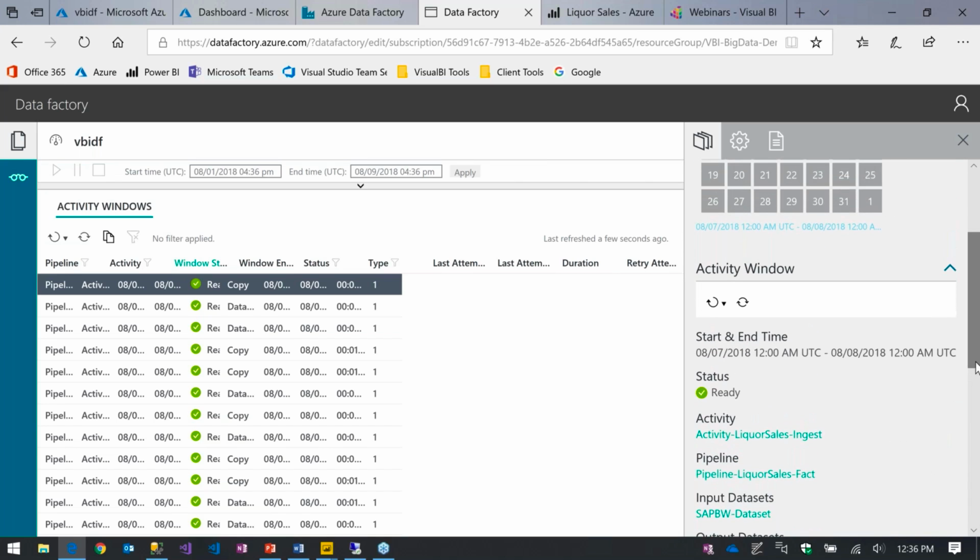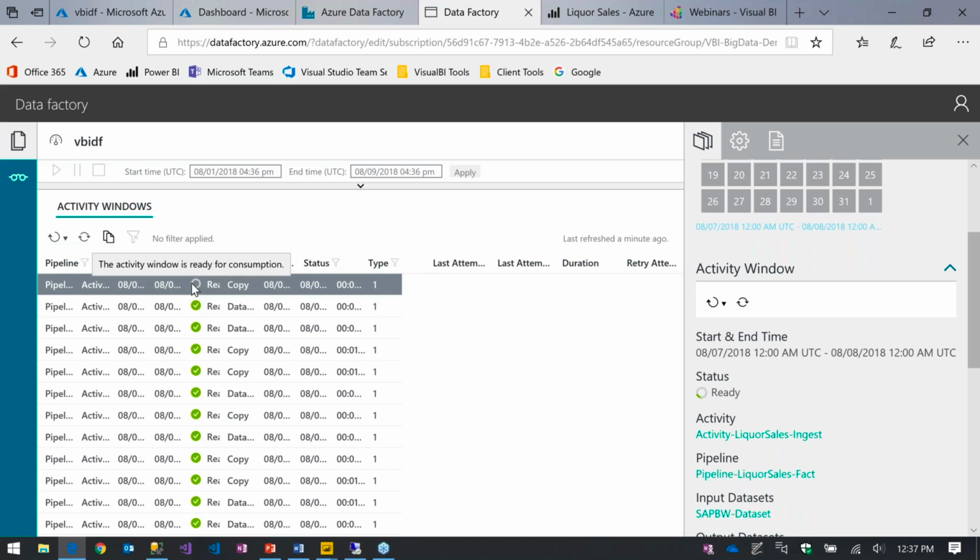If for some reason I need to trigger this again on demand, I have this little tool right here in the activity window, and it allows me to rerun a single pipeline, or I can rerun this pipeline with any dependencies that are upstream from it. So I click on that. You'll see it starts spinning here. It starts spinning there. So this pipeline is running now.